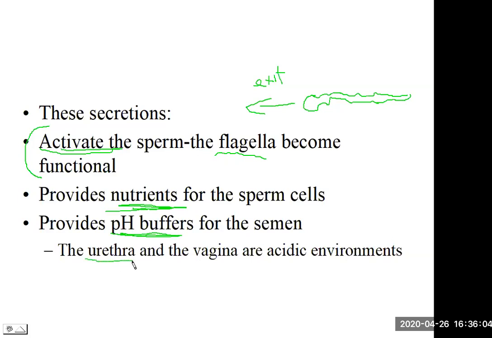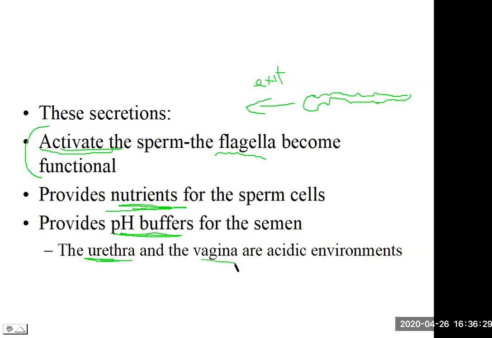So any possible residue of urinary material, which is acidic, with a lower pH, the secretions here from some of these glands are more alkaline to help counteract any residual urine in the urethra, as well as especially to protect